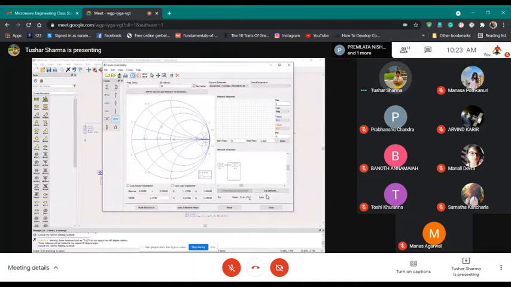Let me take this, bring it here. I'm trying to show you guys an example if possible. Say this, right now this is a 90 degree line. Now if I bring this line close to 50 ohms, because my impedance is 50 and the line characteristic impedance is 50, there will be no movement. I will be very close to my match.